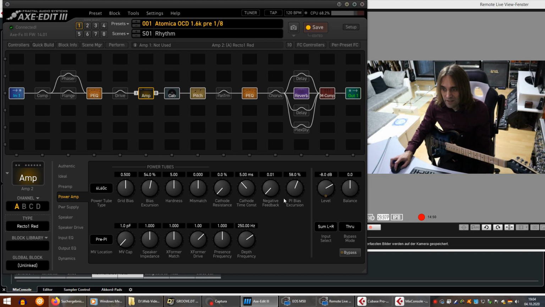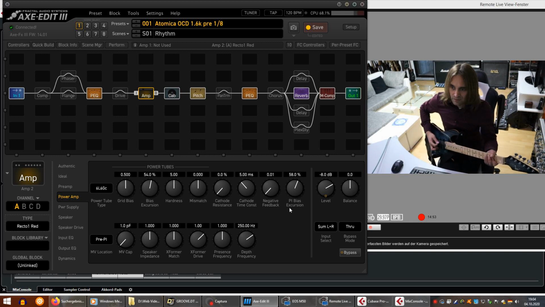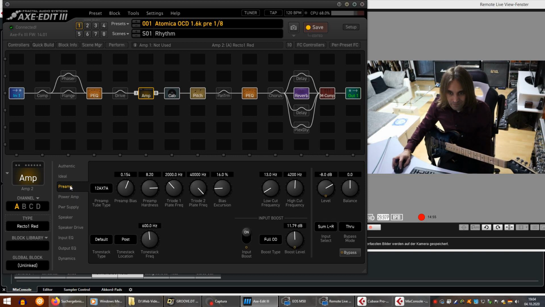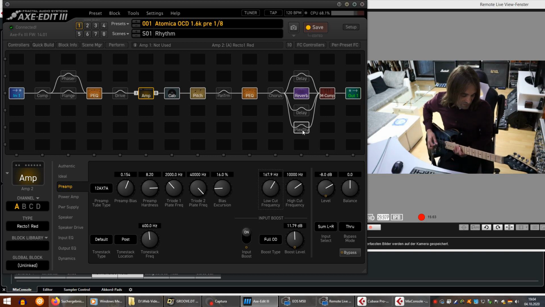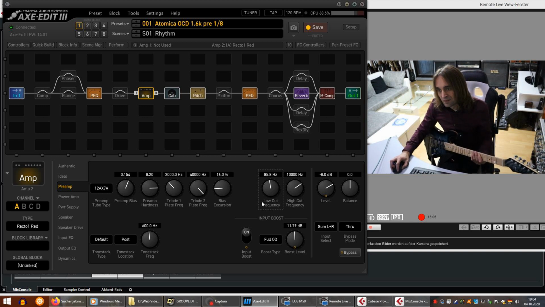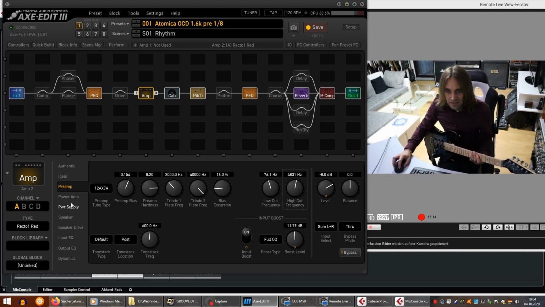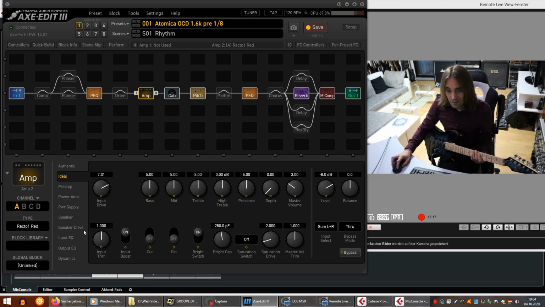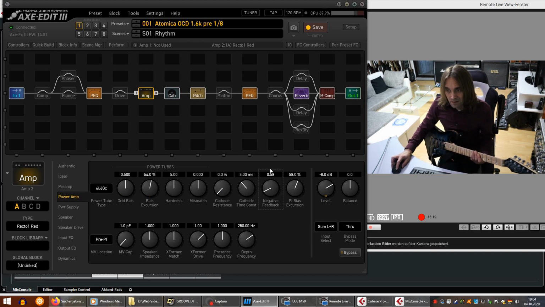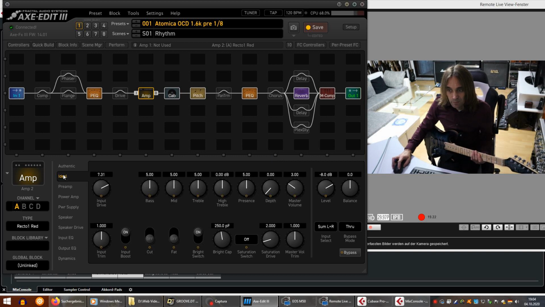Here we go, Rector 1 red. As you can see, negative feedback is not happening. Also, the preamp low cut frequency is set very low, so I would start to raise this. Also, it's fizzy as hell. I will reduce this, and then I would start to raise the negative feedback at least a little bit. I need to use the depth and presence controls